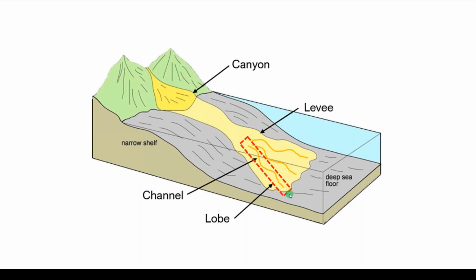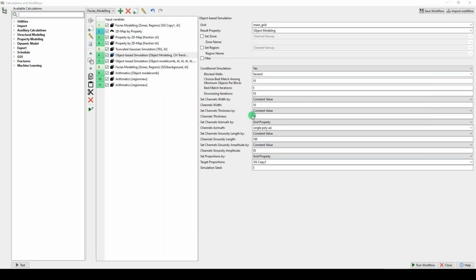So again, I still think that we can apply more in the way of secondary data to best capture these channels in a little bit more detail. So things like the direction, the sinuosity. So what we're going to do is actually do some object-based simulation now, where we're going to create an object